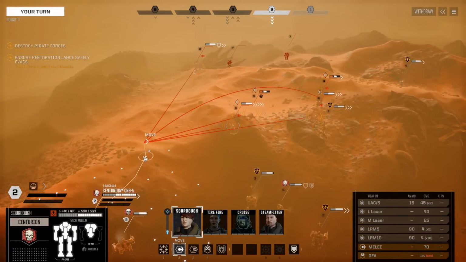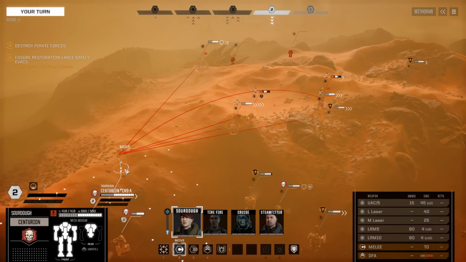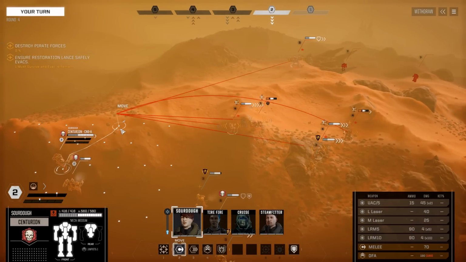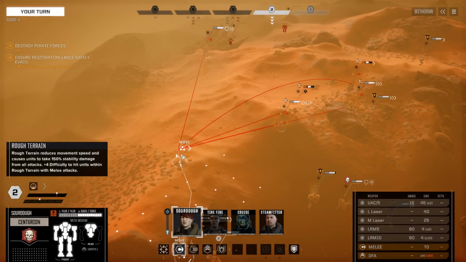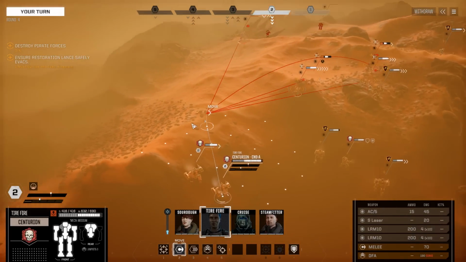Should we prioritize it? I kind of want to strip some more of these mediums, or these little ones, just because they're right up on top of us. But maybe we should get focused in on this other dude. So let's have